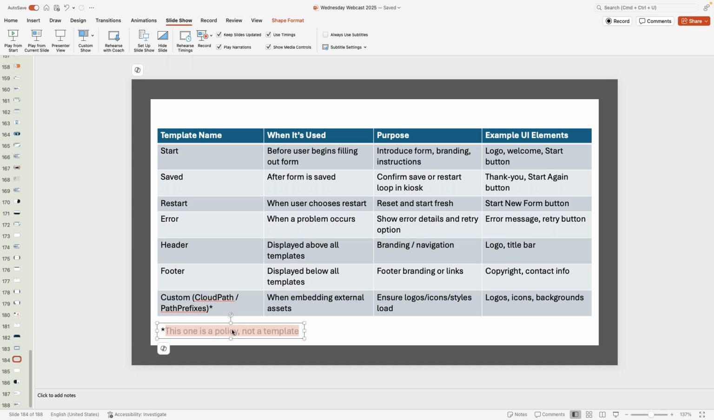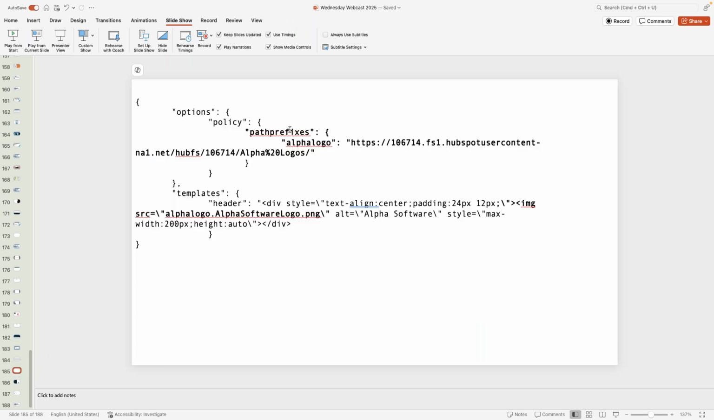This is not actually a template, it's a policy. But what it lets you do is define your path prefix so that you can insert pictures and other things into your templates. I'm displaying this here on the screen just to show this to you as an example. We have the Alpha logo as the folder that we want to go to, and we're whitelisting it here by